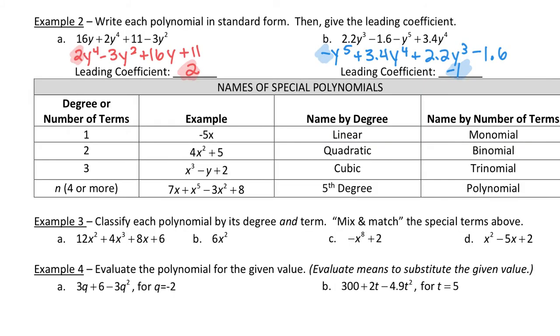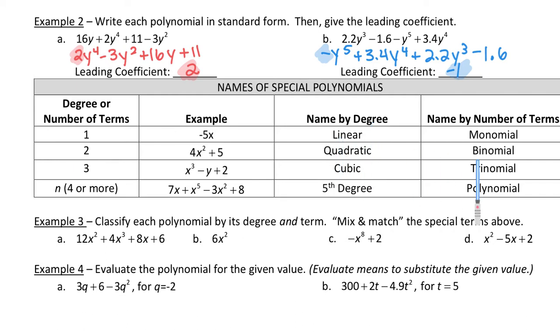In our last video for this lesson, we learned about the different terms of a polynomial, how to sort them in order by the highest degree down to the constant, and how to determine a leading coefficient. In this lesson, we're going to learn some special words for our polynomials based on their degree and the number of terms. So the first thing you need to know is that we always put the word for the degree